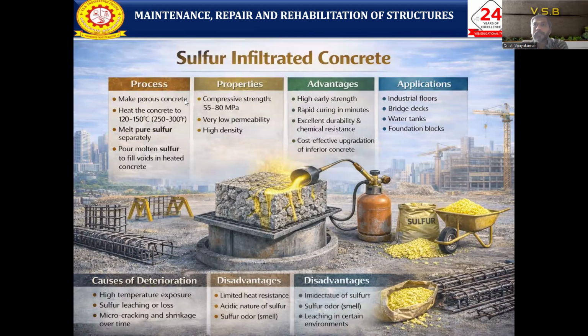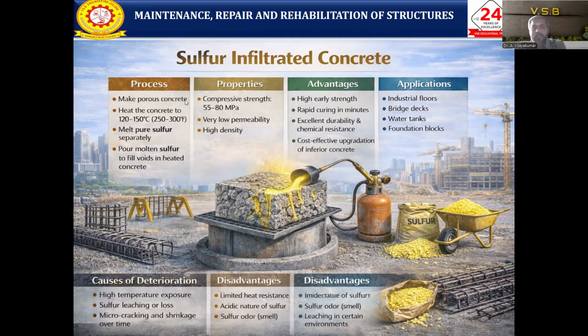Because conventional concrete normally has a porous surface with different voids. Okay, then what do we need to do? We need to heat the concrete to 250 to 300 degrees and melt the sulfur separately. The hardened concrete is one stage, and the sulfur is poured separately in the other stage. Then pour the molten sulfur to fill the voids in the heated concrete. The sulfur travels through the concrete and closes